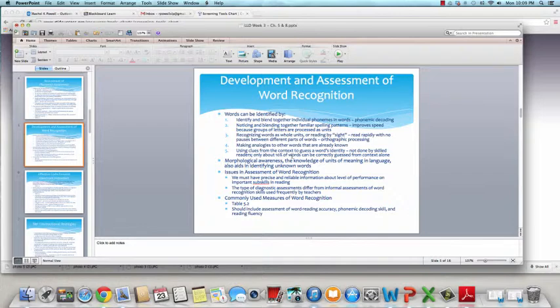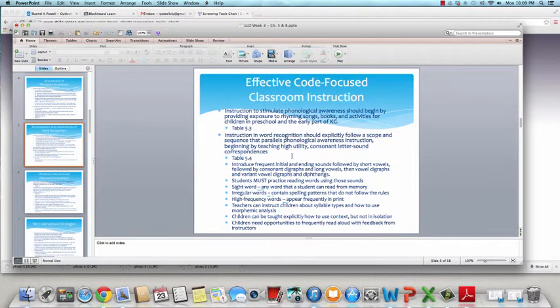All right. But essentially, all measures of word recognition should include assessment of word reading accuracy, both in context and out of context, phonemic decoding skills, and reading fluency. Those are the types of measures that you want to look for in measures of word recognition skills. So now that we've established what assessment looks like, our purpose for assessment, and how we are going to get to the appropriate assessment level,